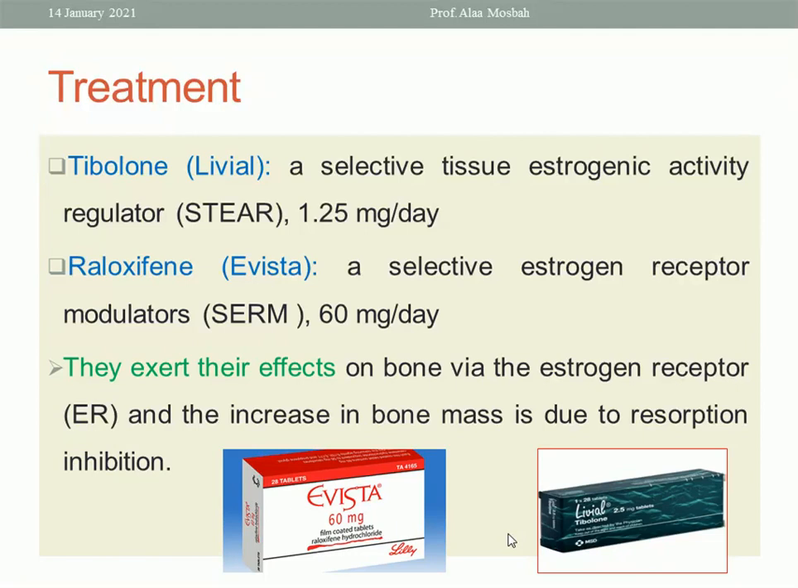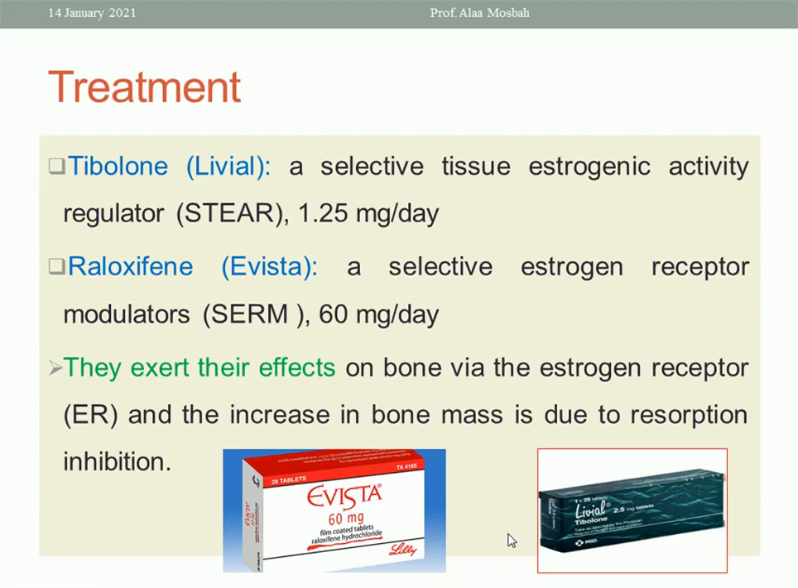Another line of treatment that can be given to a postmenopausal lady is tibolone and raloxifene. What is tibolone? This is a selective tissue estrogenic activity regulator drug. Okay, it acts like estrogen in certain areas like bone. So it is used for prevention and treatment of osteoporosis. Also raloxifene